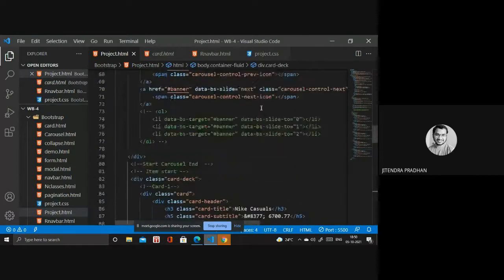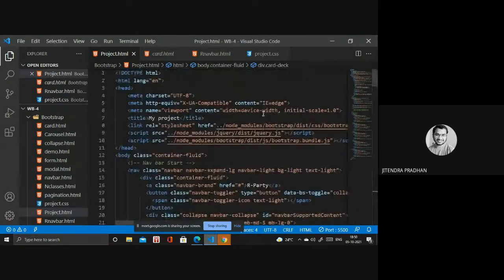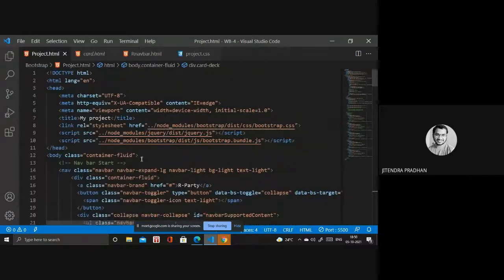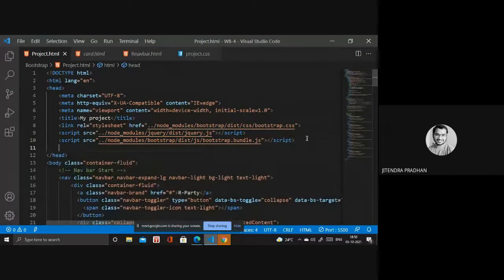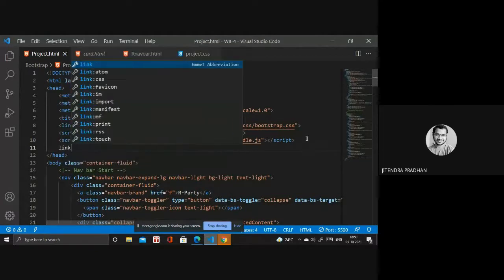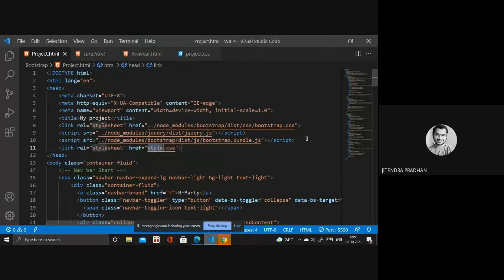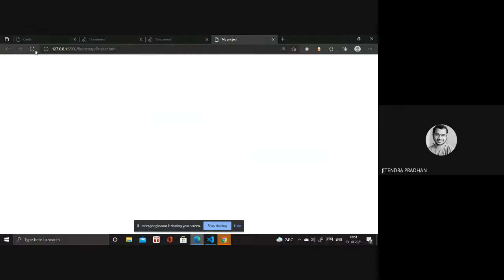So before, you have to go in the first, and you have to link that particular file. Wait. Yeah. We have to write link CSS. Inside we need project.css.